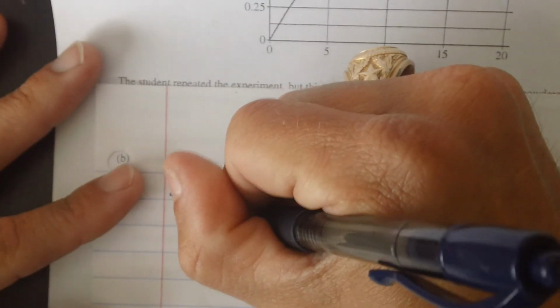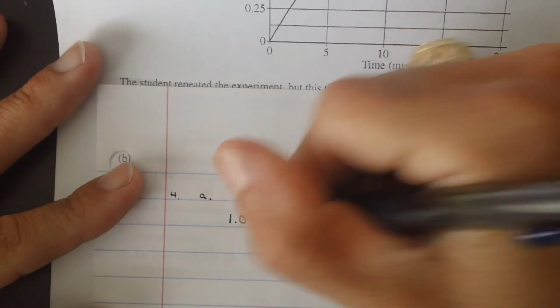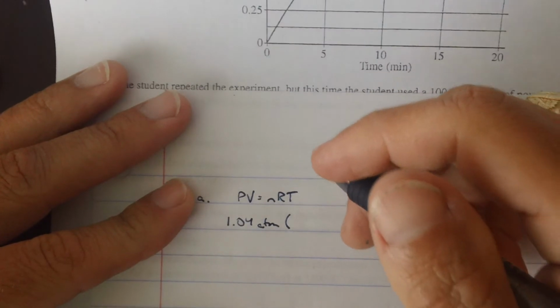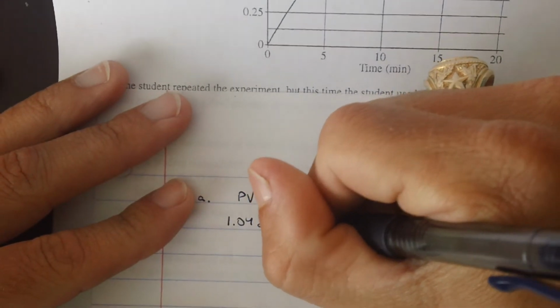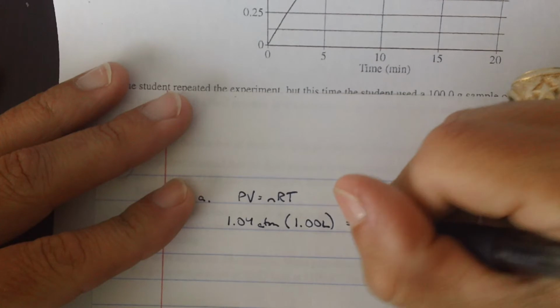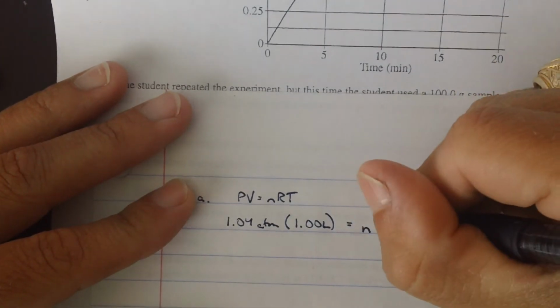They gave us a pressure. The pressure here was 1.04 atmospheres times the volume. We know it just happens to be a 1 liter container because they are sweet angels. You'll notice they give us 3 sig figs on that volume. The 1 liter container. Number of moles is what we're looking for. This question asks for moles of carbon dioxide present. So moles,